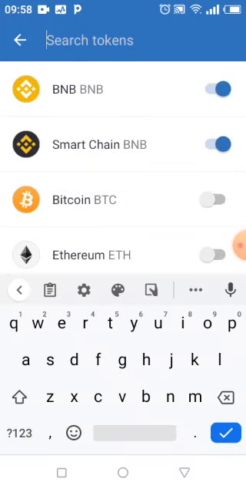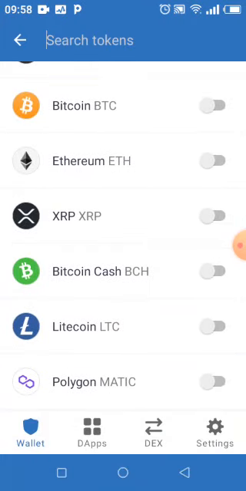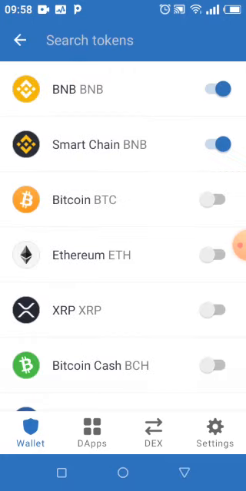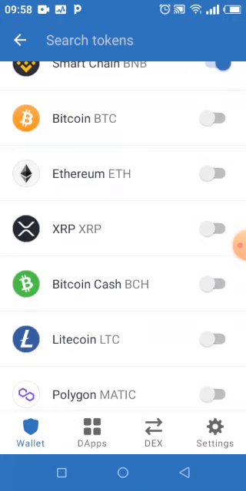more coins to my list by just coming to this platform, by just clicking this place and enabling this